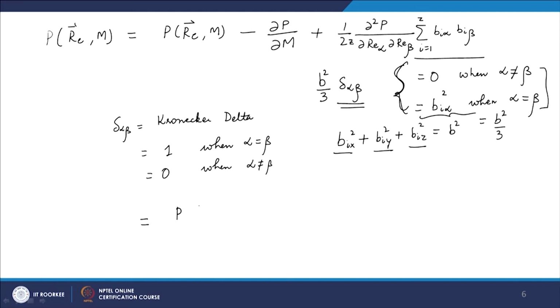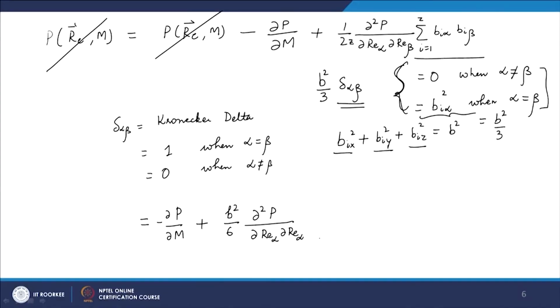Okay. So, now if I just do this, what I will end up having is, so you can see here, if I do this, now there are cancellation of this, and then what essentially you will get is minus of dou p by dou m plus something like b square by 6 and the reason why we have got this is because once delta of alpha beta goes here, now the product of that with the second order derivative will only be non-zero when alpha is equal to beta, and that is why I have put alpha equal to beta in this particular case, and this is equal to 0. So, that gives me